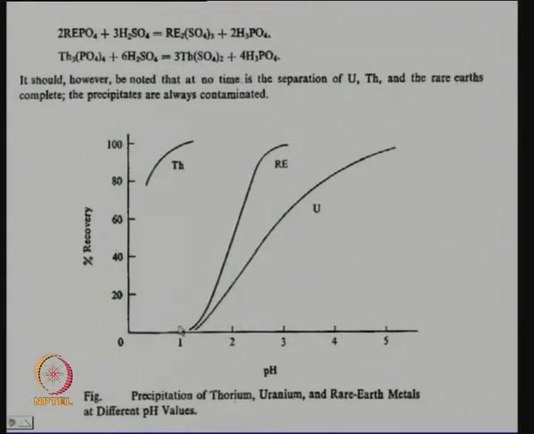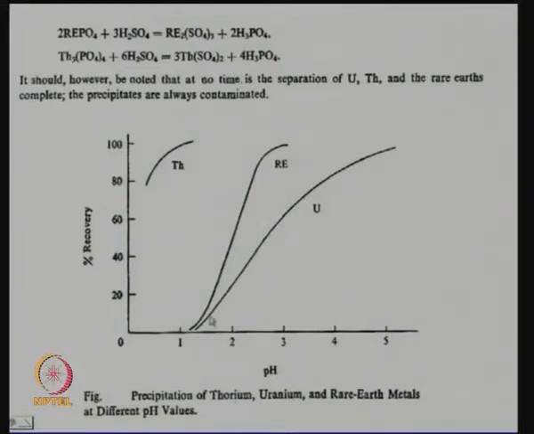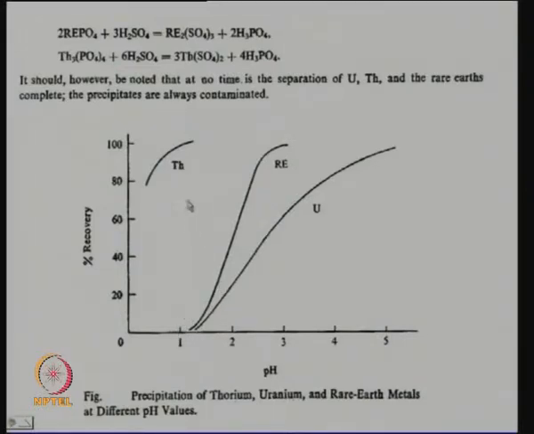If you are somewhere here, neither rare earths nor uranium is being precipitated, but you can take out almost 100% thorium. So, almost 100% thorium can be taken out without any rare earths or uranium, but rare earths and uranium precipitation is not that selective. No matter where you go, unless you go to a very high pH value of something like this, you will have some rare earths. So, well, I will stop here for now just by saying, as we did in the case of uranium